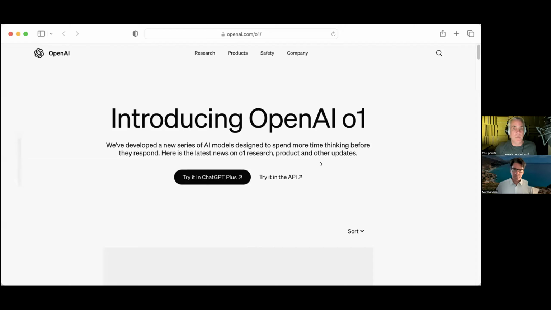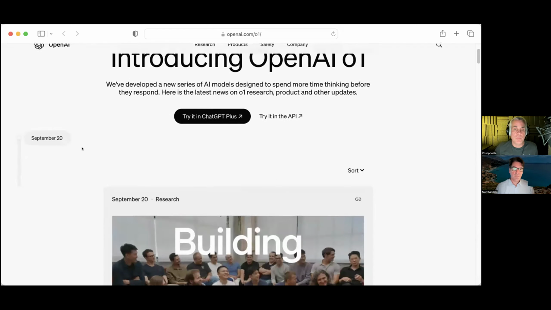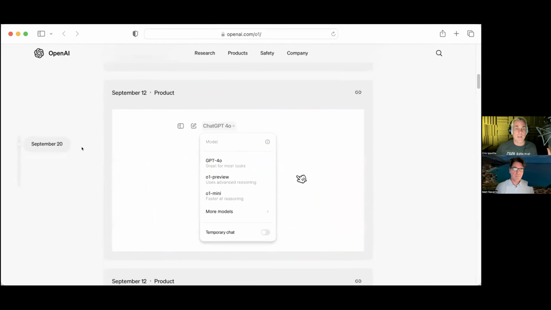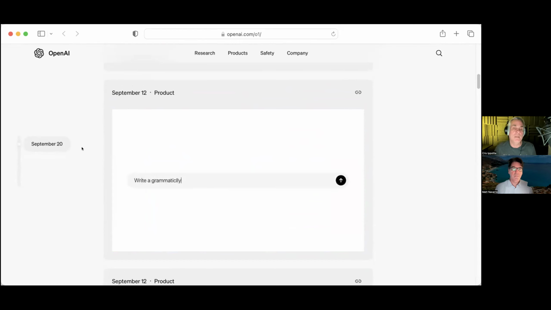Yeah, so this all leads up to OpenAI's O1. For those of you that are not familiar with this, but you have ChatGPT Plus, you can go into ChatGPT Plus and check it out. You just have to pick the right model. It would be the O1 Preview or the O1 Mini preview model, and just simply ask it to do stuff. And one of the things that you're going to notice is that it comes up and it says, I'm thinking.